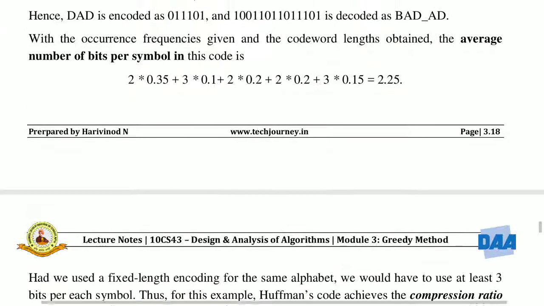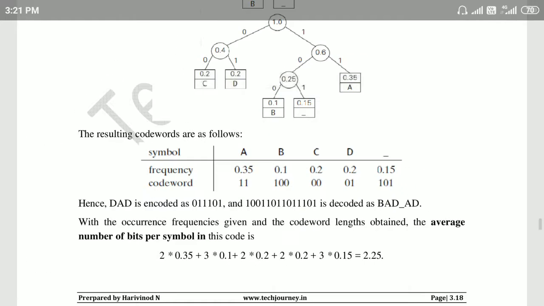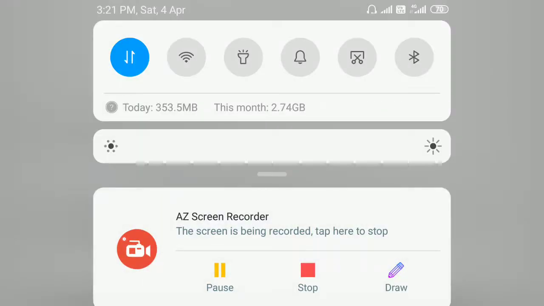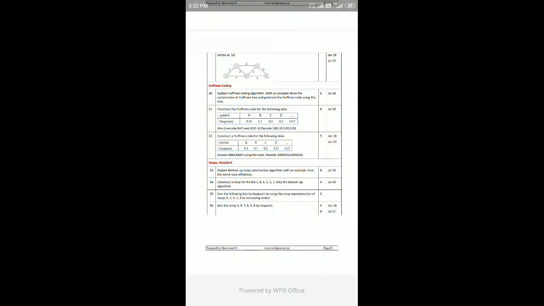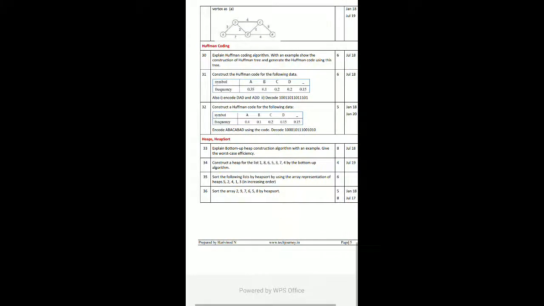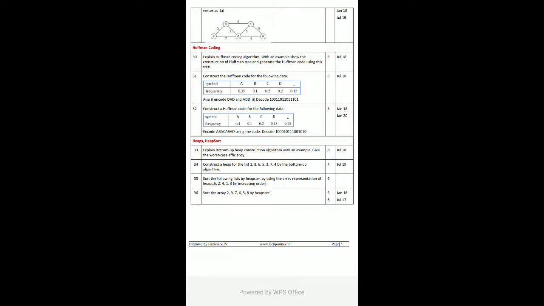So this is how you have to solve the Huffman code. This is the Huffman code algorithm, and this is how you have to solve a given Huffman problem. These are some previously asked questions on Huffman code. You are usually asked to explain the Huffman coding algorithm. That is 2 steps. Initially create a single node, and then you have to give an example of Huffman tree construction. Take any characters, A, B, C, D, anything, and give any frequency randomly. Using that frequency you have to construct a Huffman tree, and later create a prefix code for those characters. This is how you have to solve.